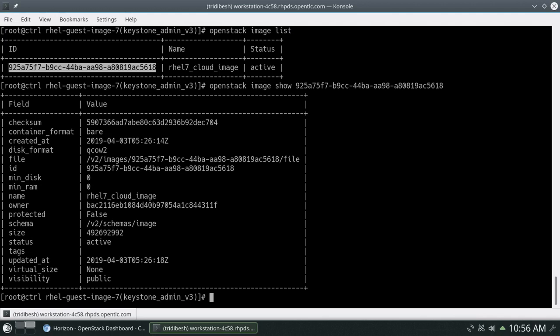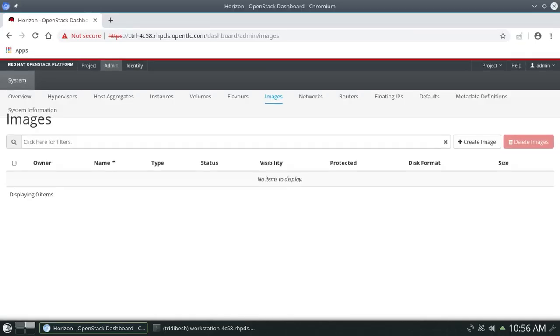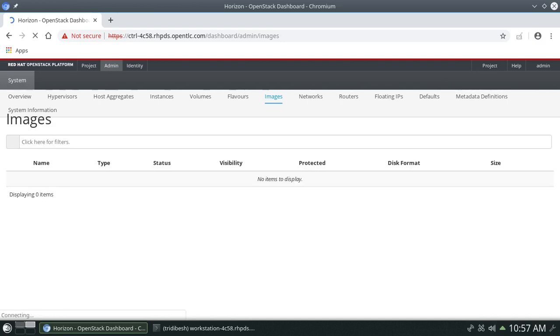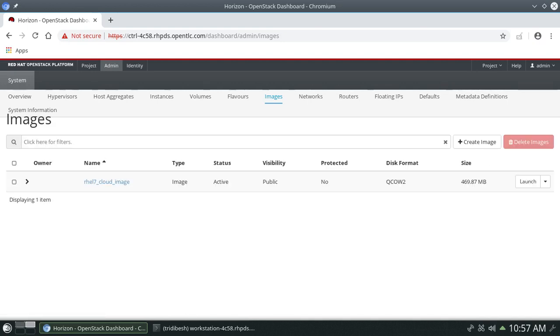The same thing you can verify from your Horizon dashboard also. So let's go back to Horizon, and if you now refresh the images page, you should be able to see the newly created image. Yes, you can see that the image has been created, the owner is admin, this is the type of image, and visibility is public.